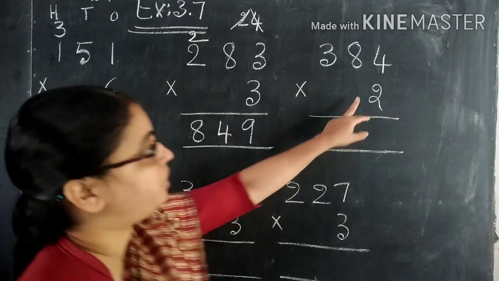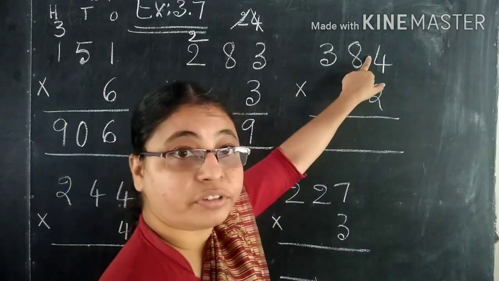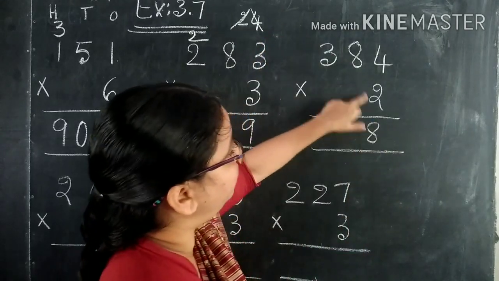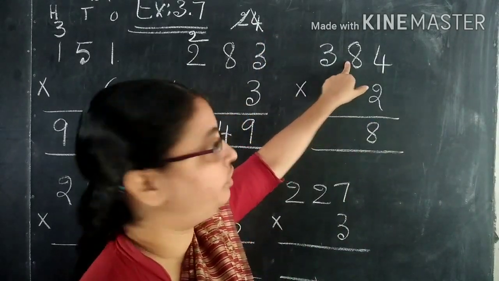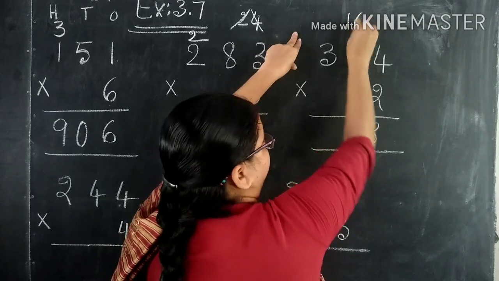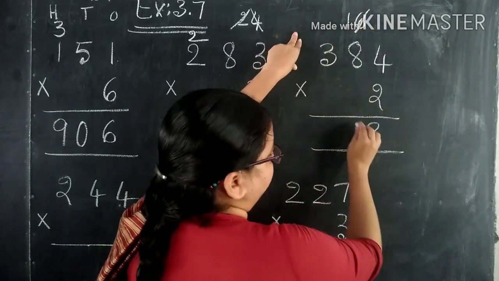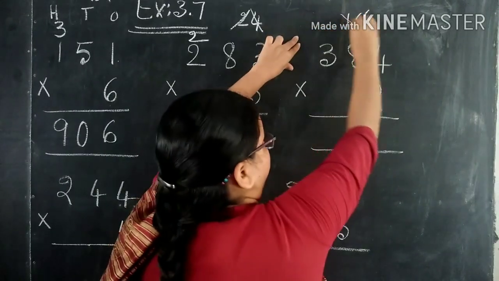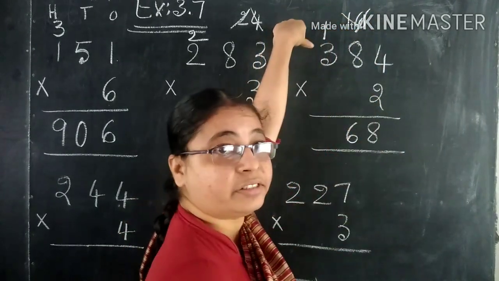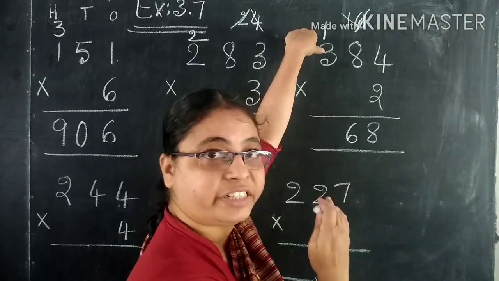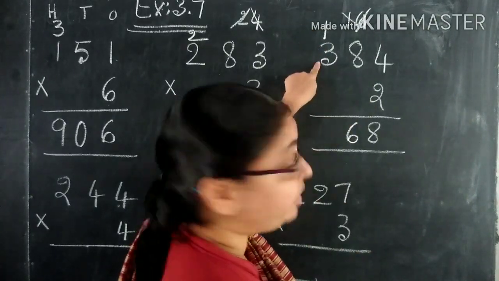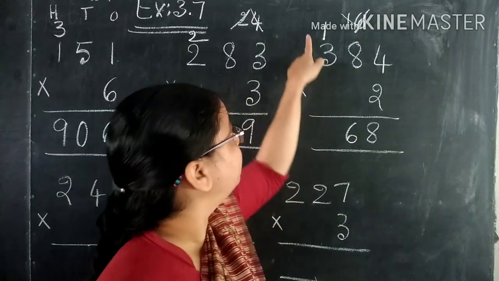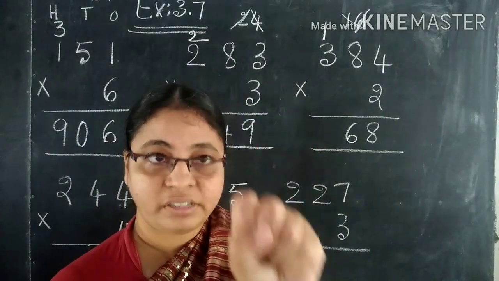Okay? Look here. 2 4s are 8. Okay? 2 8s are 16. Again I am writing here. So, one's place number write down here. Now, remaining 1 is there. So, carry it on to the next place. Do you understand? Carry it on to the next place. Now, 2 3s are 6. Here 1 is there. 6 plus 1, 7.